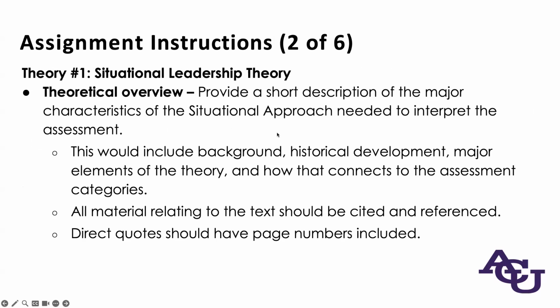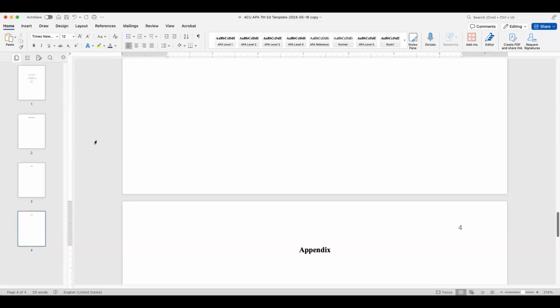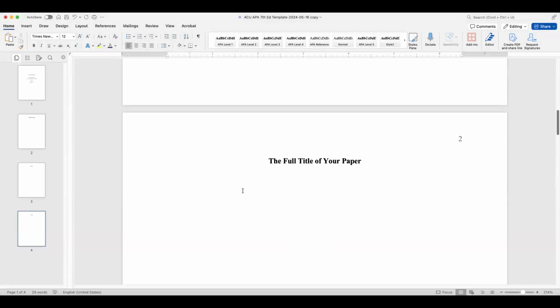So let's go ahead and start putting these things into Word documents. We can map out where things are going. All right. So what I'm going to do to start out is I'm just going to go ahead and grab the assignment instructions from the course website, and I'm going to paste them into here.